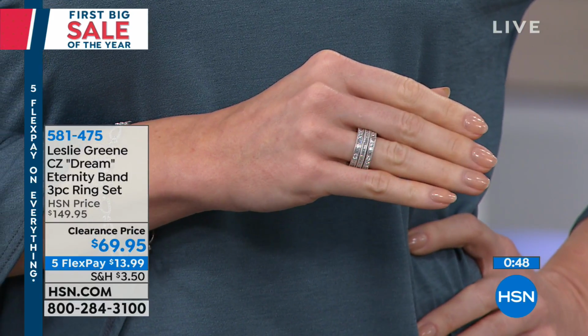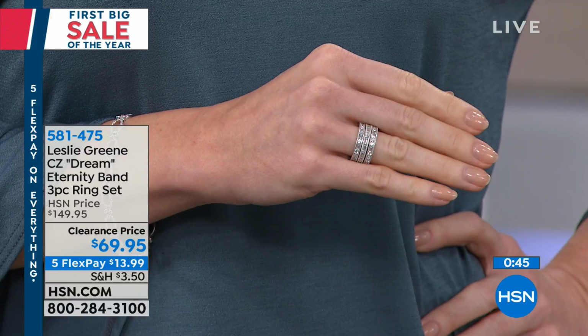I was like, oh, one is great, like maybe you get it as an anniversary, but I didn't realize that you got all three, which is just bananas. I say that this is an absolute no-brainer because it's going to match whatever diamond jewelry you have. It's going to match whatever white gemstone jewelry you have. And hey, even if it's not a white gemstone, but you say, I want to add this into my collection